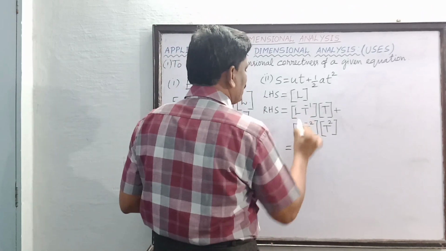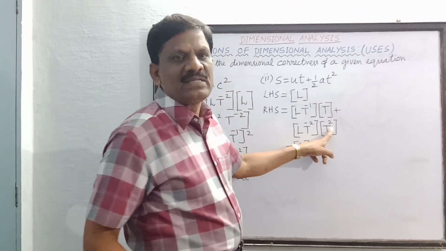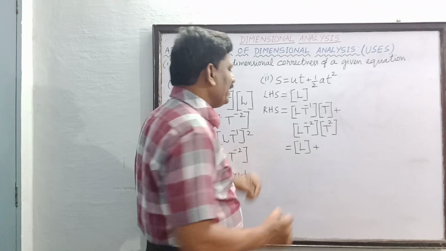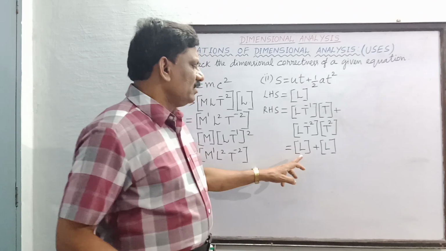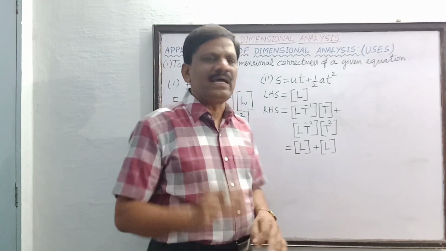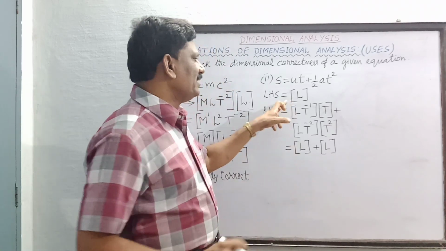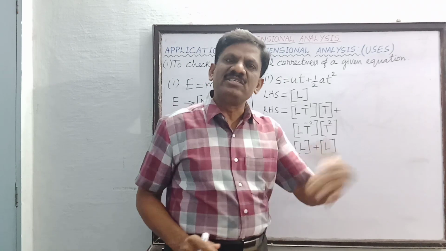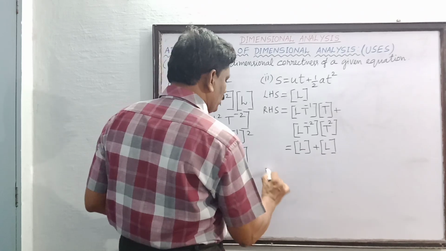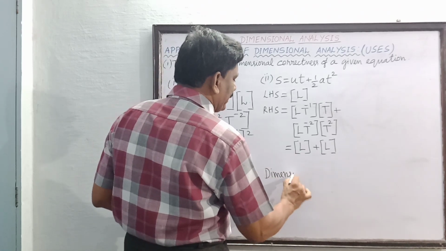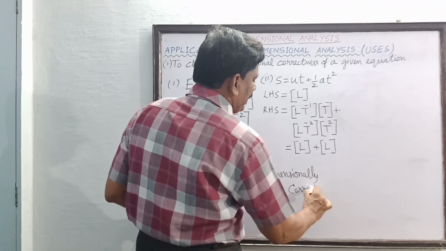So this is equal to, first term is what? L. And second term, this T power minus 2 and T power plus 2 also get cancelled. Therefore what is remaining? This is also L. Now both the terms are having the same dimensions. You cannot add L plus L is equal to 2L and all. We accept that the dimensions on the left hand side and the dimensions of each term on the right hand side both are one and the same. They are equal. Therefore this equation also is dimensionally correct. Now one more I will take.